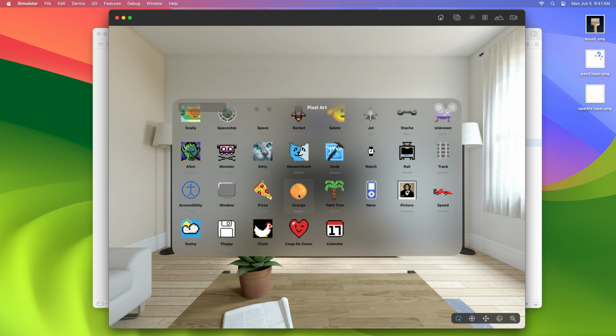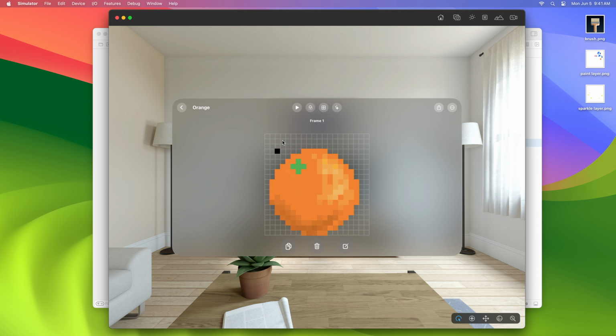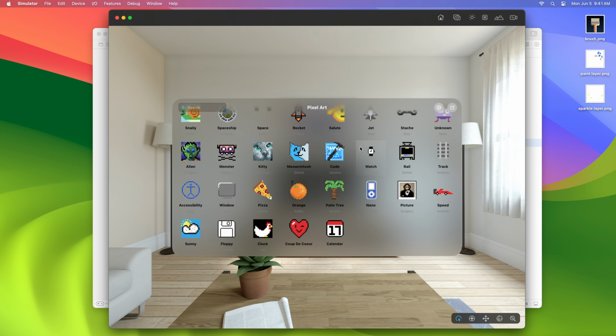I can still open the different artwork and pixelate to my heart's content. Okay, one thing I think I can improve is the black text for the title and gray text for the subtitle of the art. The black text looked really nice on the white background on iPad, but I don't love how it looks here on the glass. I think it could pop a little bit more. And I really like the appearance and dimension of the search bar. I think I want to have that for the title text fields too.